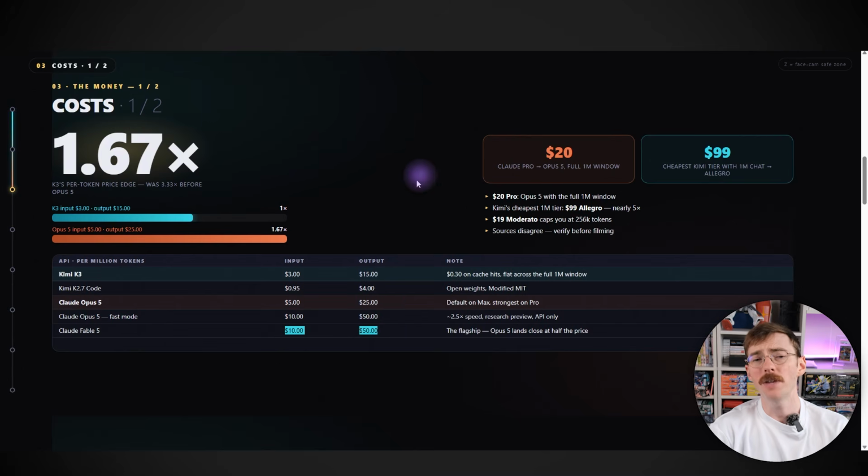The other thing you need to be aware of is the $19 plan that I'm on for Kimi limits you to a context window of 256,000 tokens, even though the model does support a million context window. And all that means is when you're in a long chat or a long coding session, you're going to hit the token limit sooner, and it's going to compact the session. And if you've used coding tools a lot, you'll understand that when you compact something, you can run into some funny issues, or the model can start to get dumber or forget things.